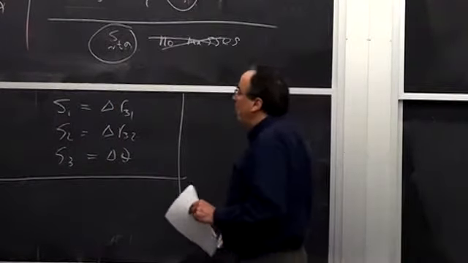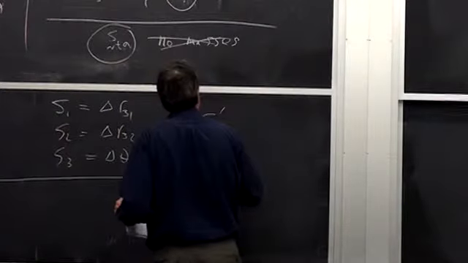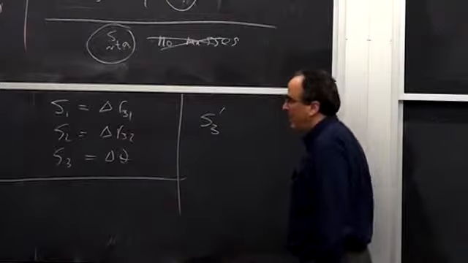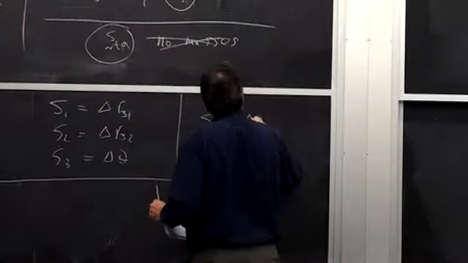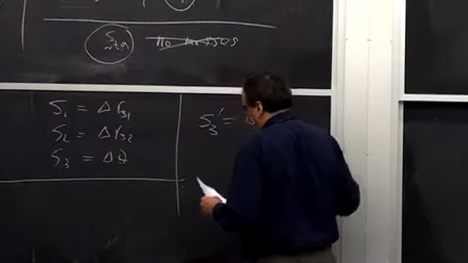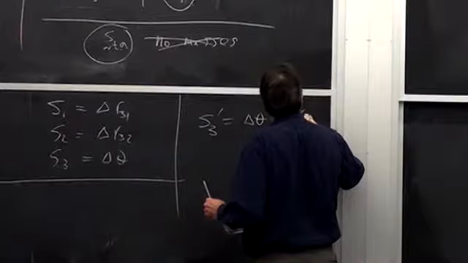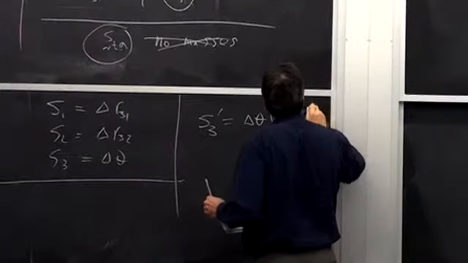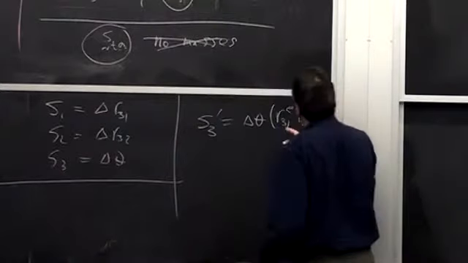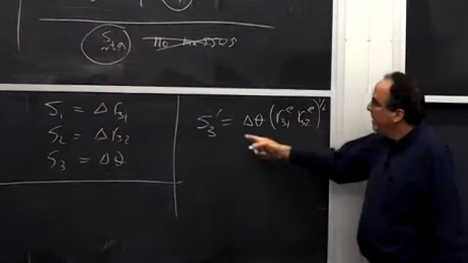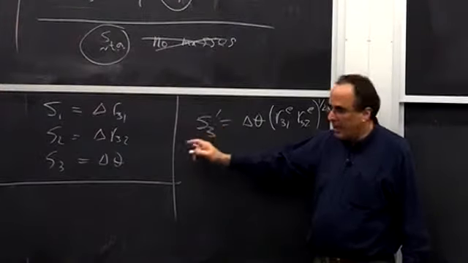If you don't like that, you can define a different bend internal displacement simply by weighting the change in angle by the equilibrium bond lengths of the two bonds,